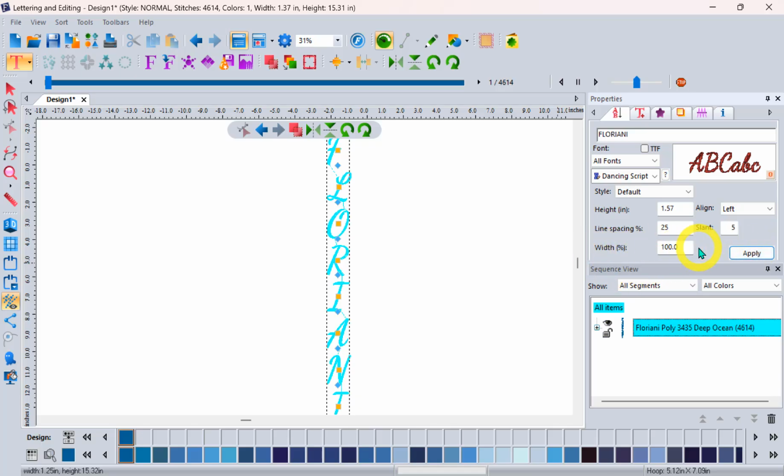You can control the letter width. So these letters are all at their natural shape, but if I made them, let's say 120%, that would make them sort of wider. So this is the vertical text tool, and of course, like all text tools, there is